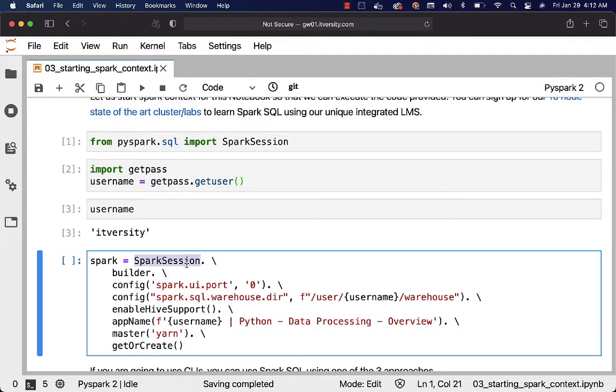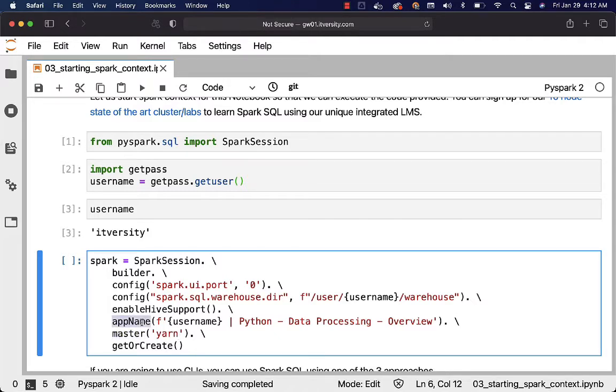So the syntax is SparkSession.builder, then you can directly say appName, master, and then getOrCreate. As part of the master, you can either say local or yarn or a few additional options. As our cluster is integrated with yarn and MapReduce, here we are specifying yarn. If you are running on your local system, you might have to say local. Depending upon where you are running, which cluster mode Spark is going to run in, you have to specify that as part of the master. But for our environment, it has to be master yarn. For a local Spark setup, it has to be local.